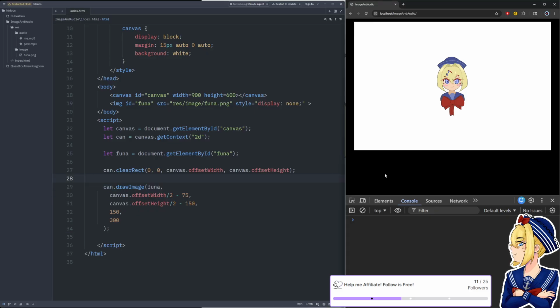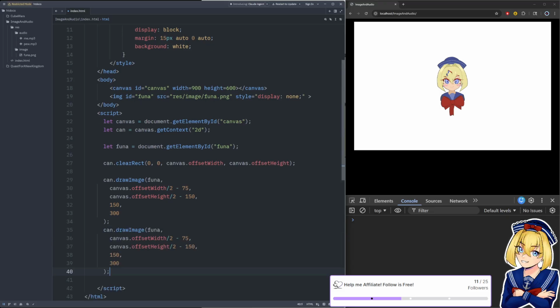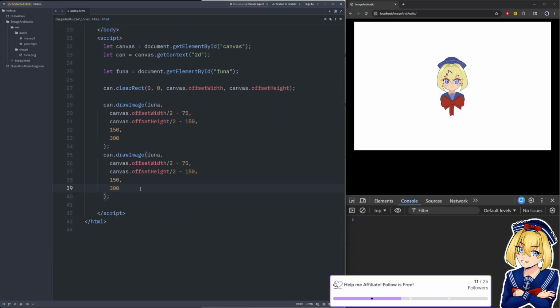It's kind of bugging me. So this draw image function actually already has the capability to do cropping. What you're going to do is the same function, but you're going to add more parameters to it.